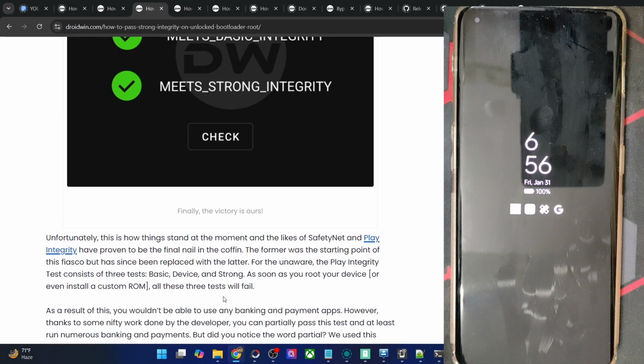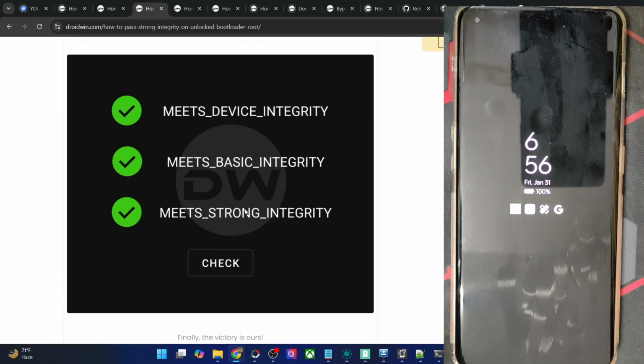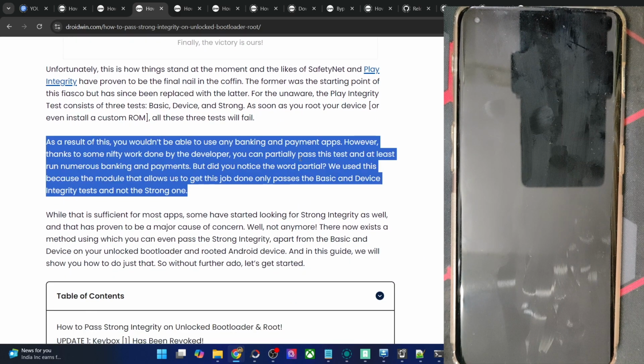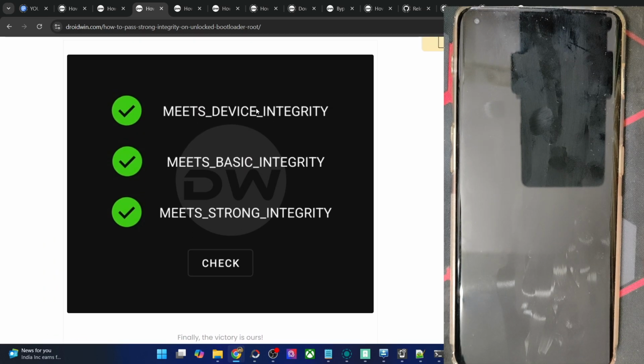Just keep in mind that please only use this file if it's of paramount importance, because the more the users use this file, the higher is the chance of it getting revoked at the earliest. You already know who is going to revoke the file. I am not going to name the OEM, but please do not misuse the file, and also do not share it with anyone else, because the more you share, the faster it will be in the eyes of the public and the easier it will be to revoke. So as of now, I will share this file with you, and you could use this file to pass the strong test as well. And apart from that, you will obviously be passing the basic and the device test too.